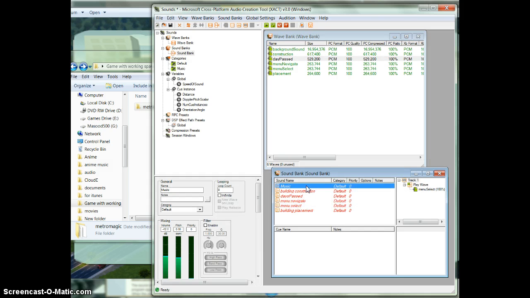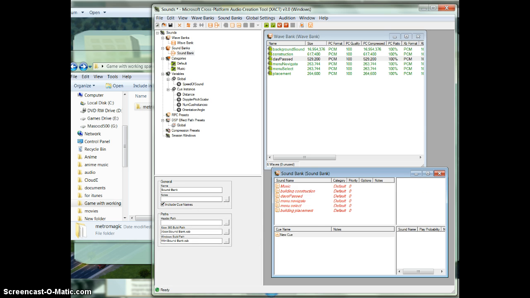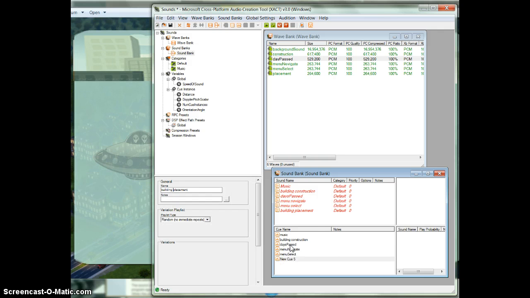Next thing we're gonna do is link them to our cue. So same as a sound bank, you create each cue for each sound bank you have. So I'm just going to do that. So once you have each folder for your cues, you just drag them in,